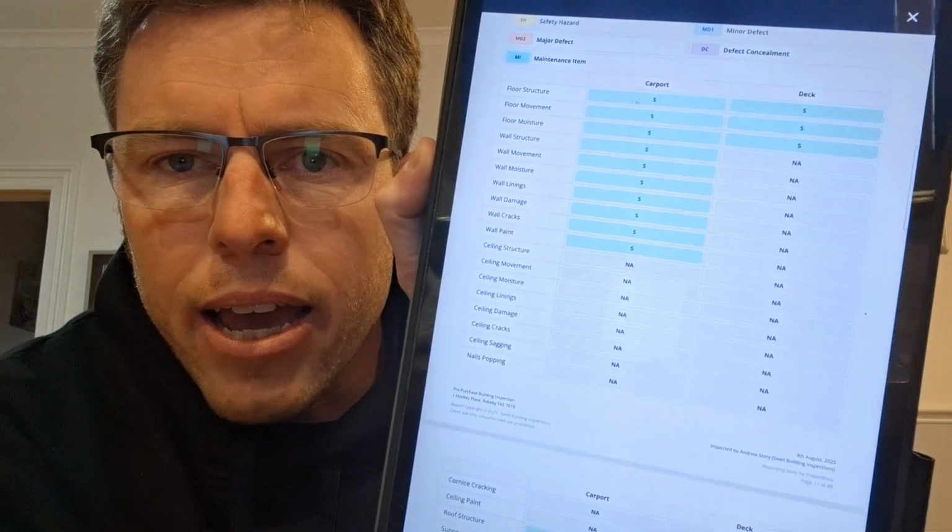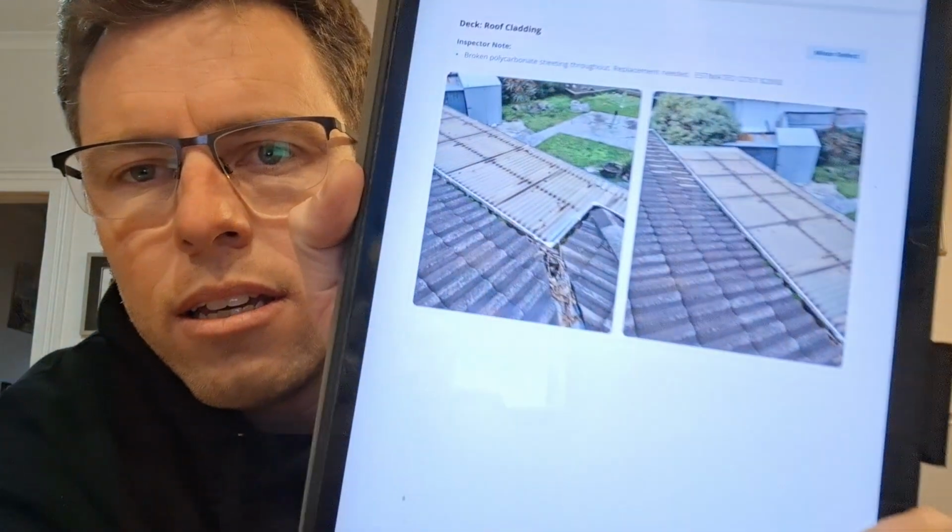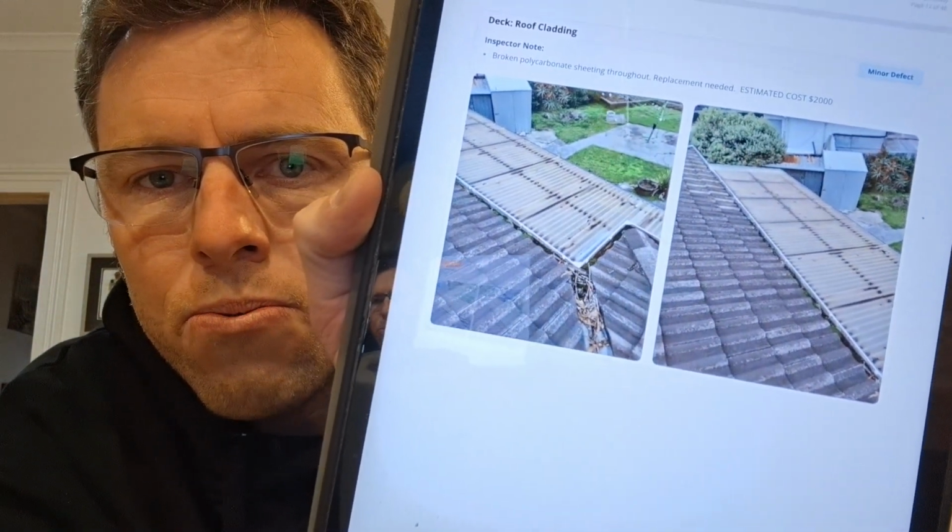And each element has this table, and it shows all the elements that are satisfactory or not applicable or minor or major defects or safety hazards. All that stuff is pointed out throughout this one. So on here I can see for the deck, which had a roof over it, so I had a veranda over the top of it, but it's part of the deck, part of this report, that the roof cladding has a minor defect. So if we continue past that table, there's actually photos of the roof above this deck, and